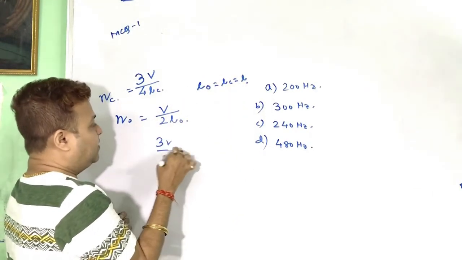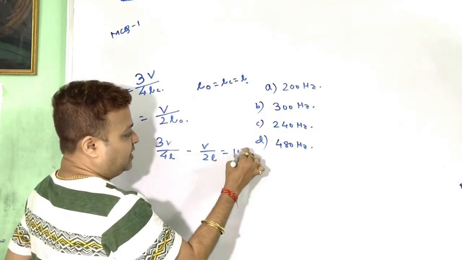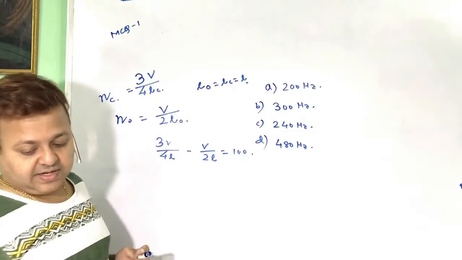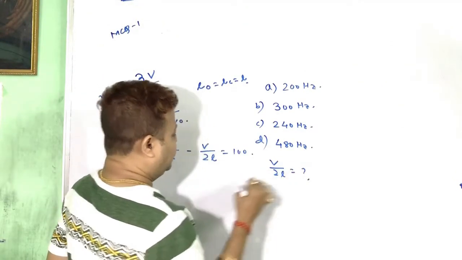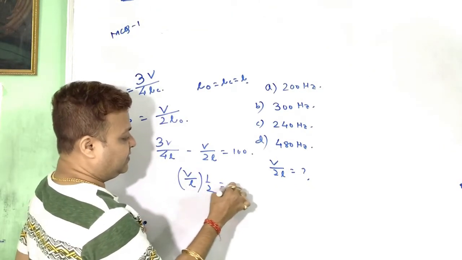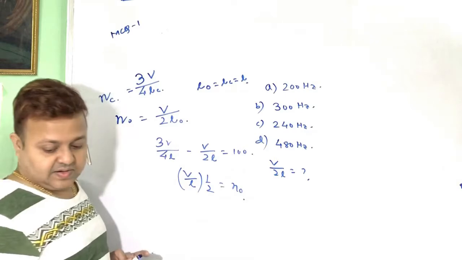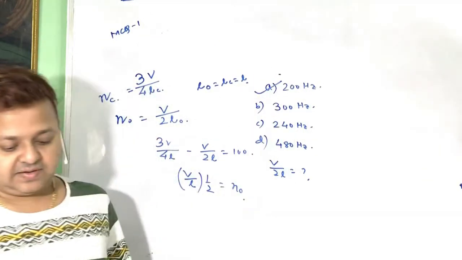Now let 3v by 4L minus v by 2L, that is equal to 100 Hz. So we have to find the fundamental frequency of the open pipe, v by L বার করব। v by L বার করলে তাকে 2 দিয়ে মাল্টিপ্লাই করব। That is the fundamental frequency. Option B হবে আন্সার। লিখে রাখ শর্টকাট।